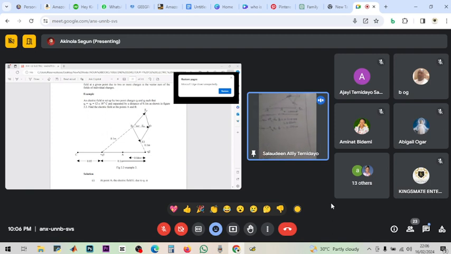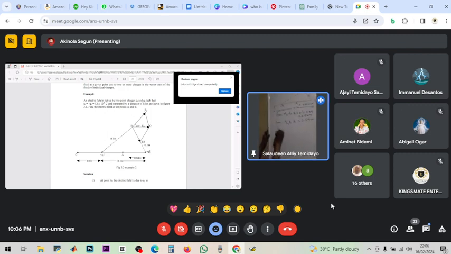0.04 meters. So one of them is 0.06 meters, and one of them is 0.04. So I have to calculate the electric field intensity of Q1 at A and the electric field intensity of Q2 at A. Are we together? All right. The formula for electric field intensity, for Q1, let me just use it as E1 equals